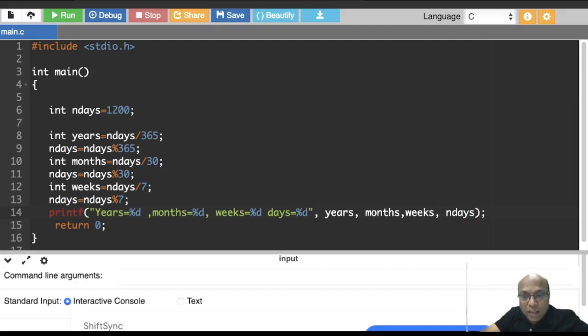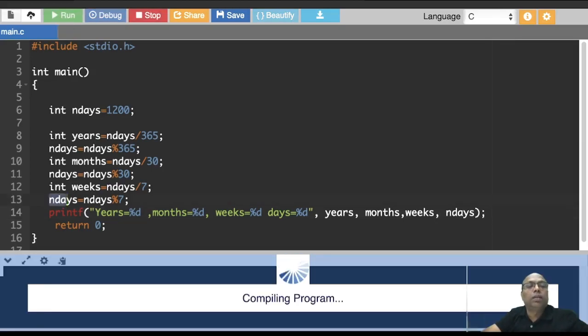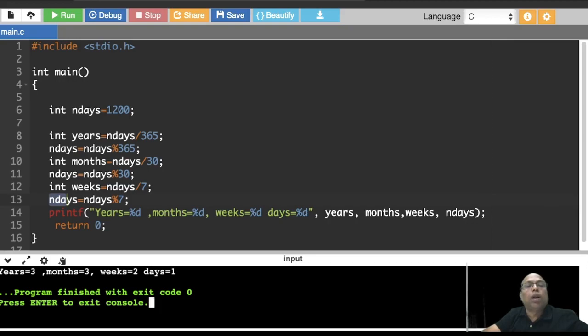Why did I not write days here? Because my variable name is not days here. My variable name is n days. I put it like this. Yeah, I got 3, 3, 2, 1. So I am going to put here right now, let's say I put here